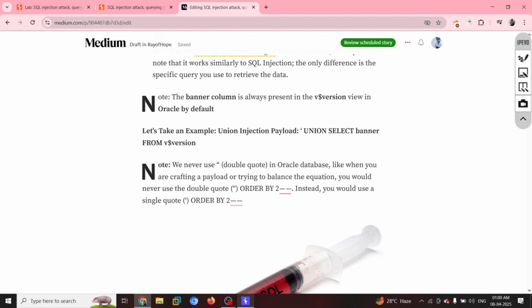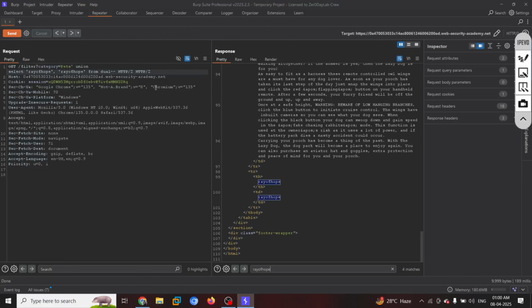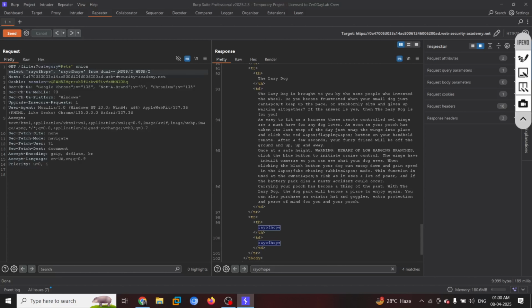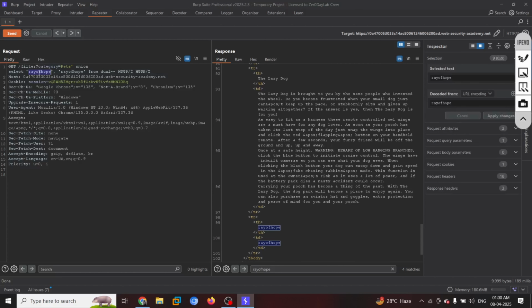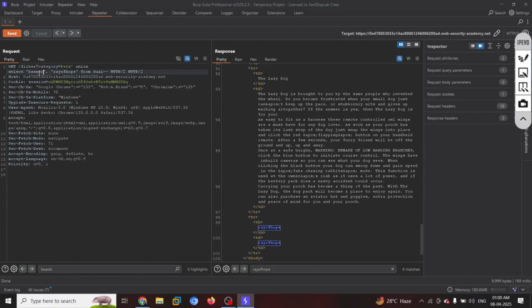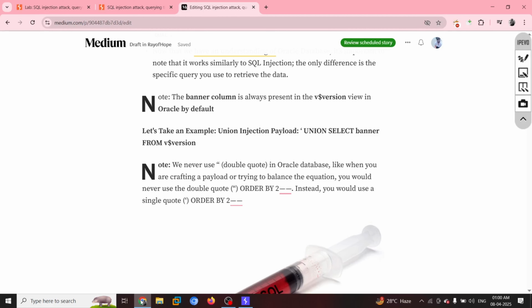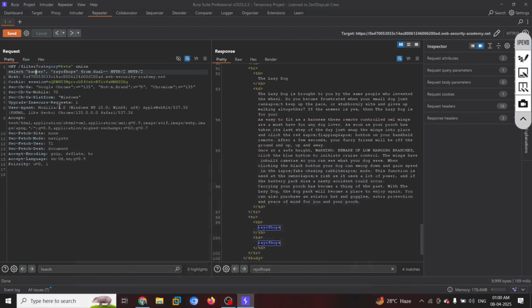So then over here, we are going to call out the version of this database table called dual. So what we're going to do? We're going to use this banner, select banner and send it.